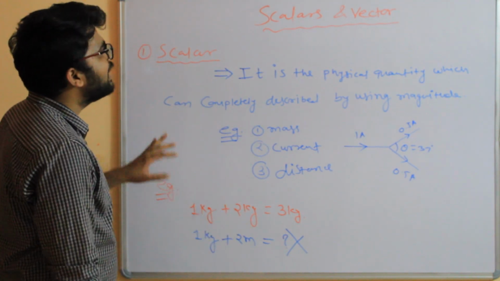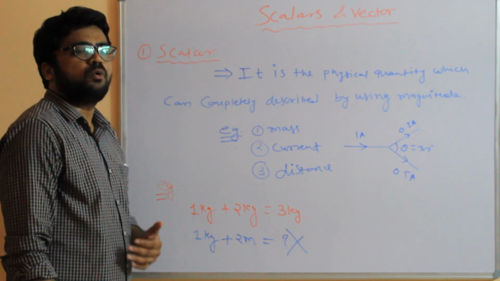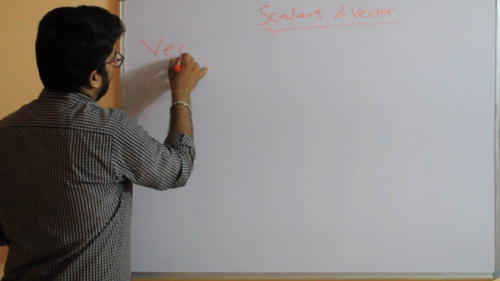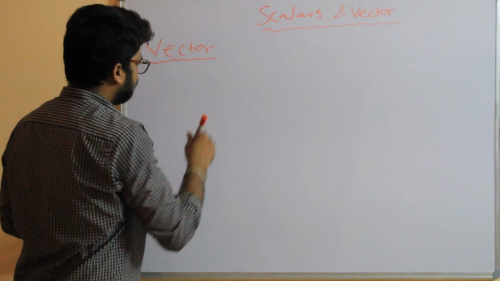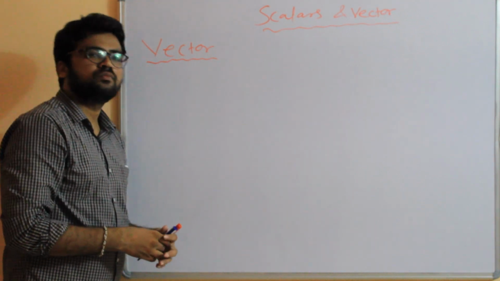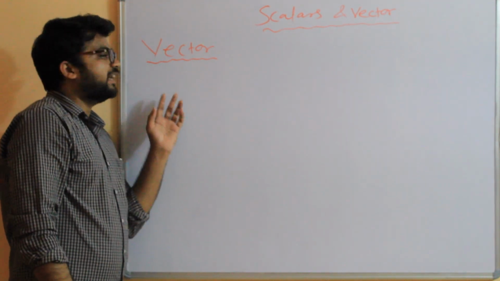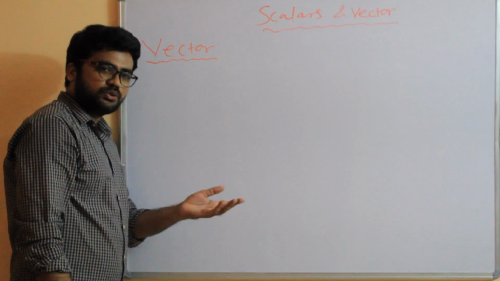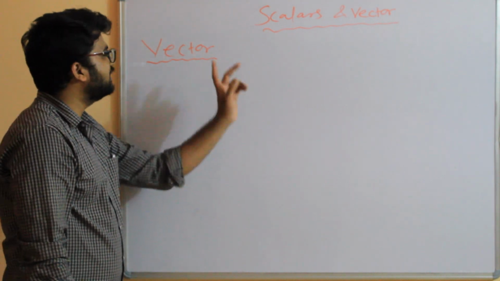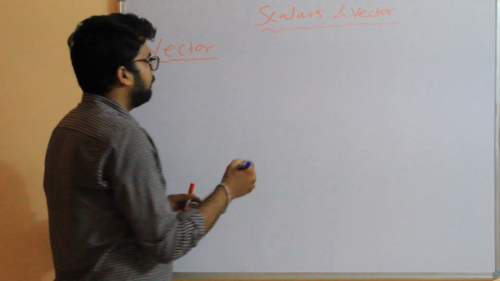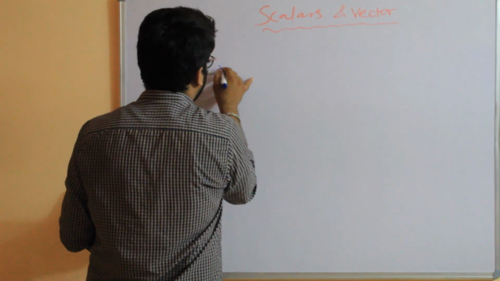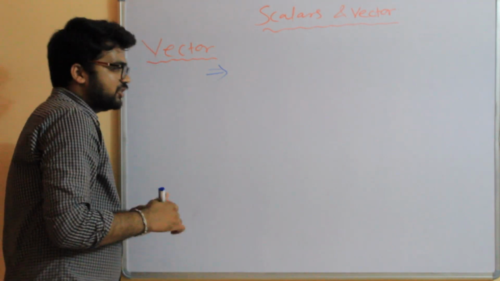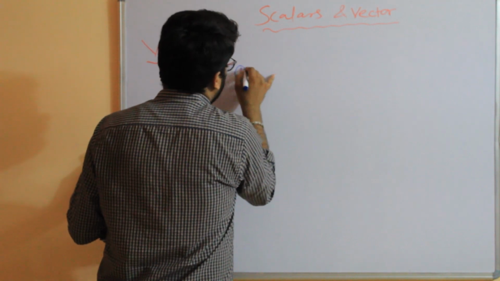So this is all about the scalar, right? Now we'll see what is a vector quantity. Vector is a physical quantity which can be described by magnitude as well as direction. So it is a physical quantity which has both magnitude as well as direction, which can be completely described by using magnitude and direction. So it has number 1, magnitude,